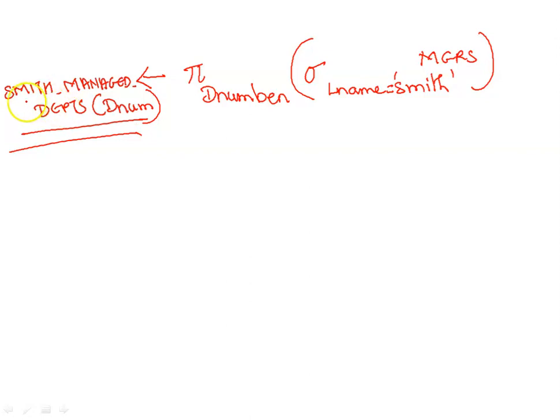Now I will take this relation and have a natural join with the projects table. Okay, so Smith managed departments natural join with project. This will tell which projects Smith is managing, right, as a manager.